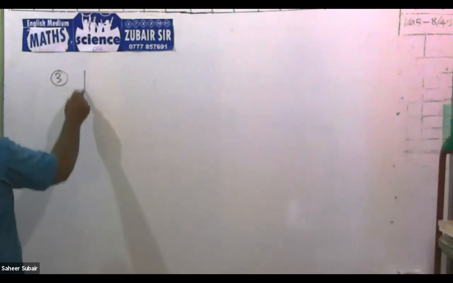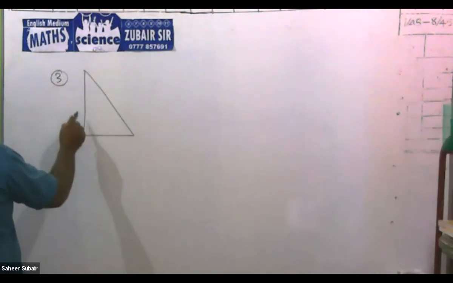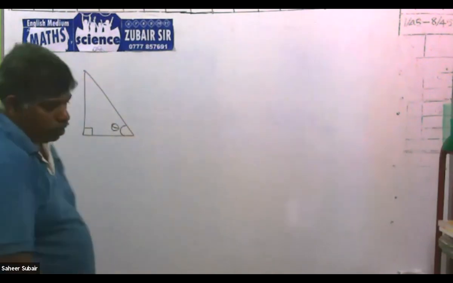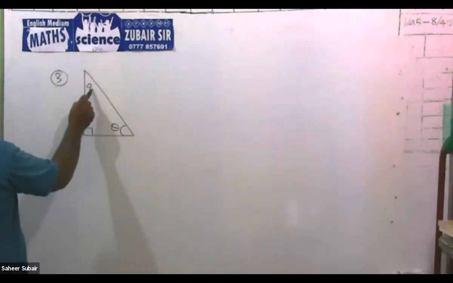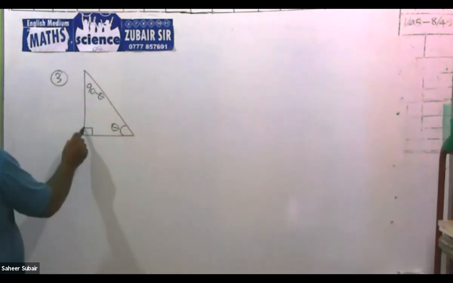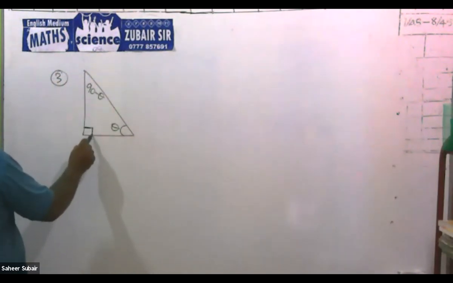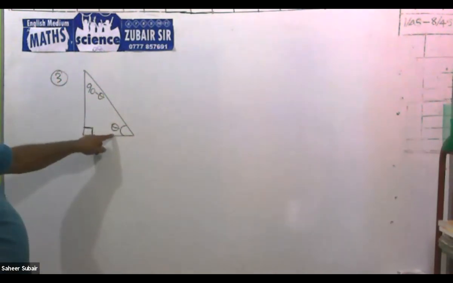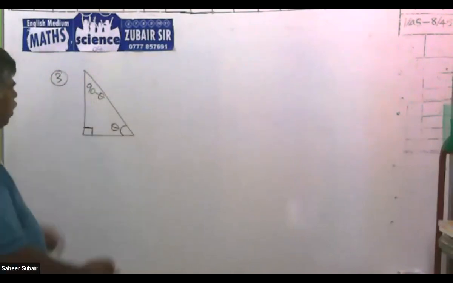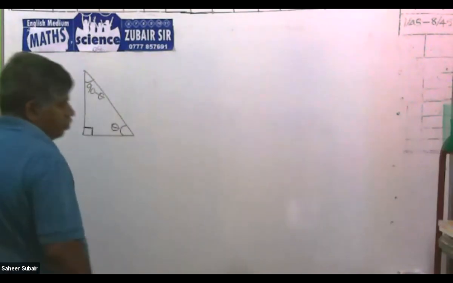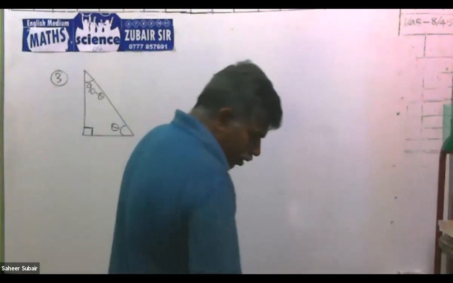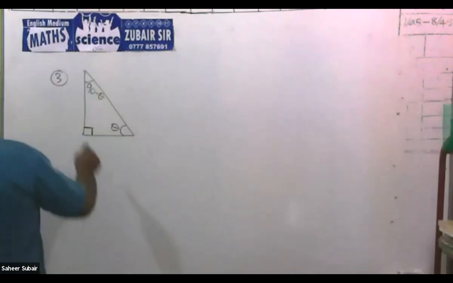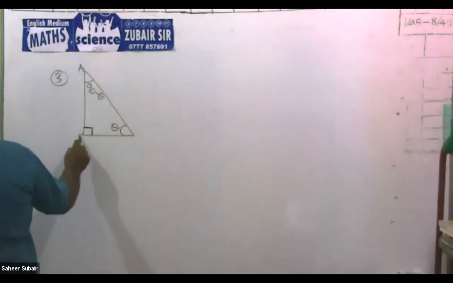Okay, then this is the triangle given. This is the right angle. This is theta. And this one you are getting as 90 minus theta. In any triangle there are two 90s. One 90 is this, then the balance should be another 90. If this one is theta, then the balance is 90 minus theta. Then this triangle is given as ABC.